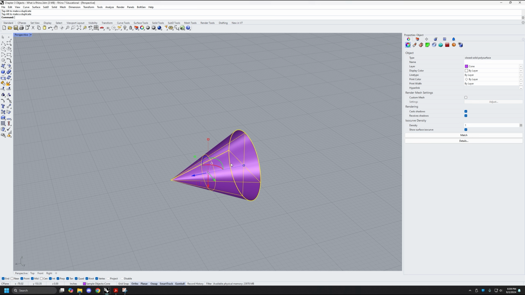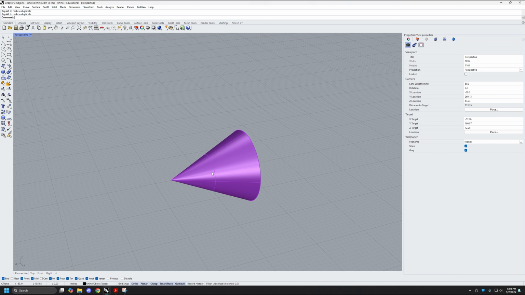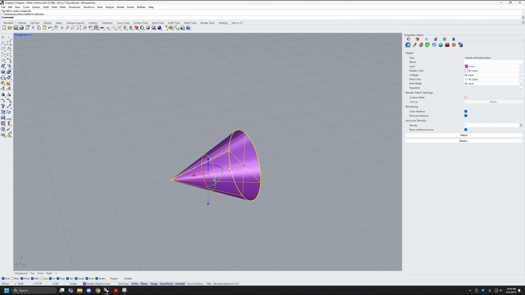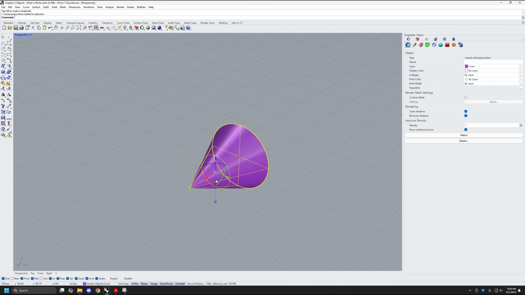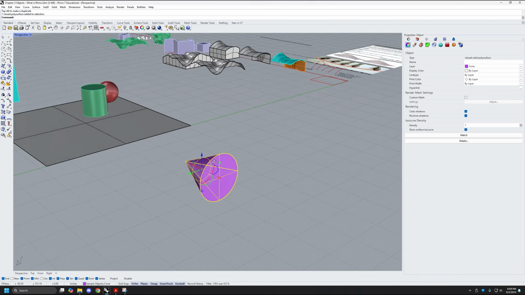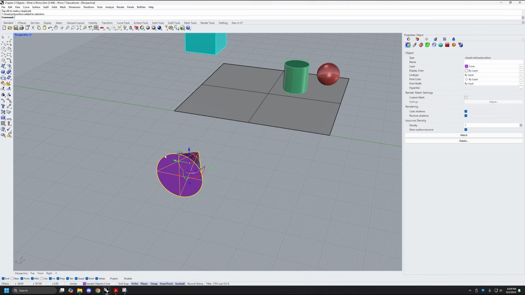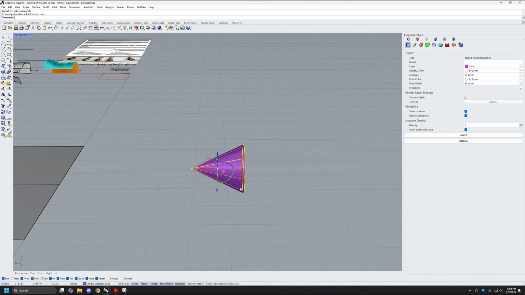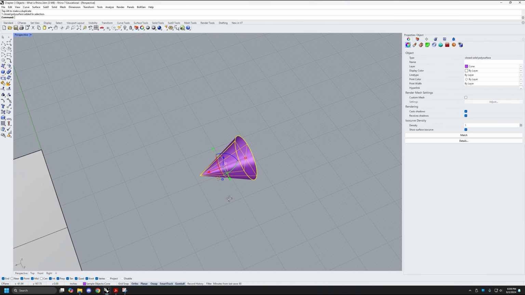However, if I deselect this object by either clicking off to the side or pressing the escape button and reselect it, now you'll notice that green axis is where it should be and the blue axis is where it should be. So that gumball resets to the global or the world coordinates every time you select an object,